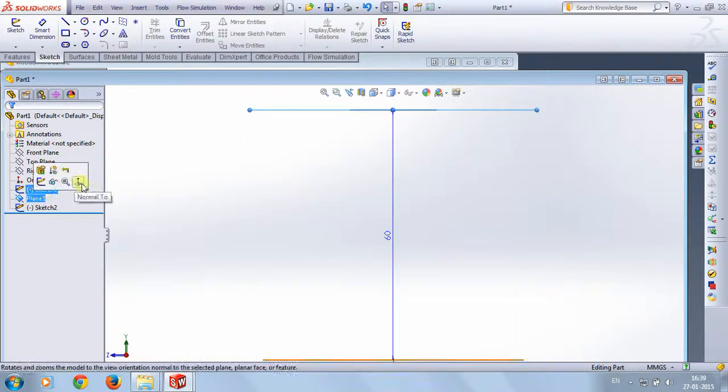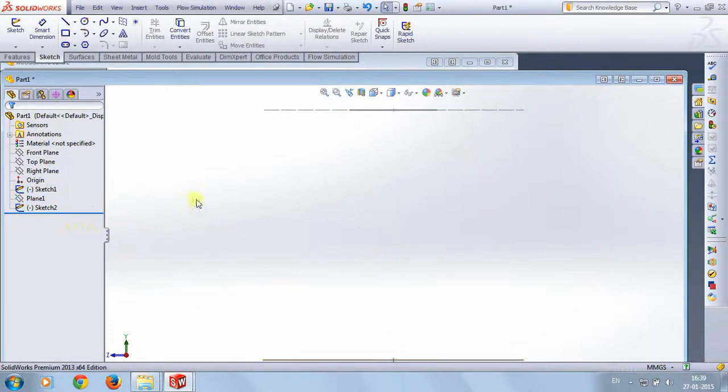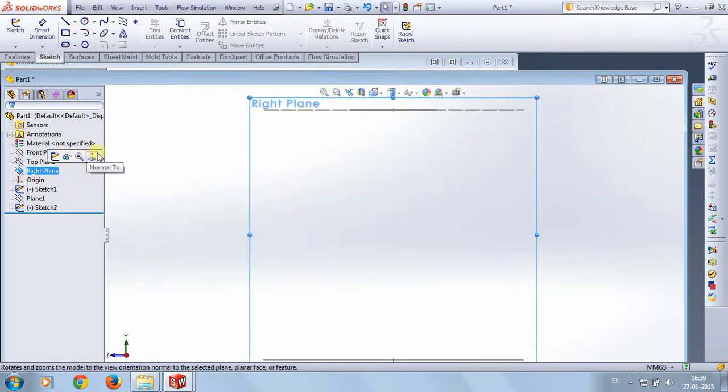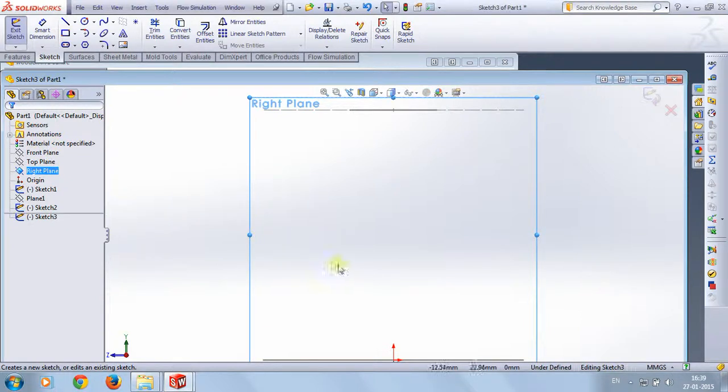Okay. Let me just hide the plane one for now. Yeah. So here we have it. We have hidden the plane one, and right plane we are already normal to the right plane. Now it's time to sketch on it. Okay. Now for sketching, let's just first of all create a